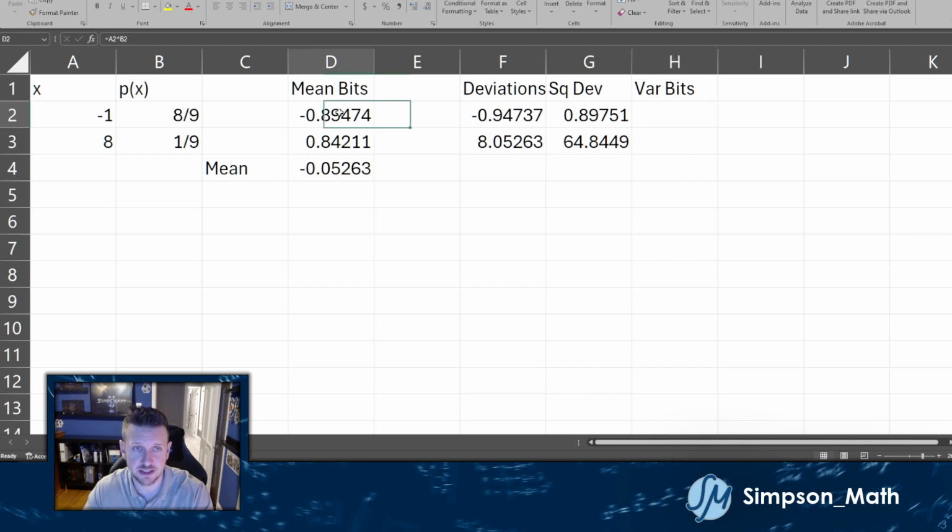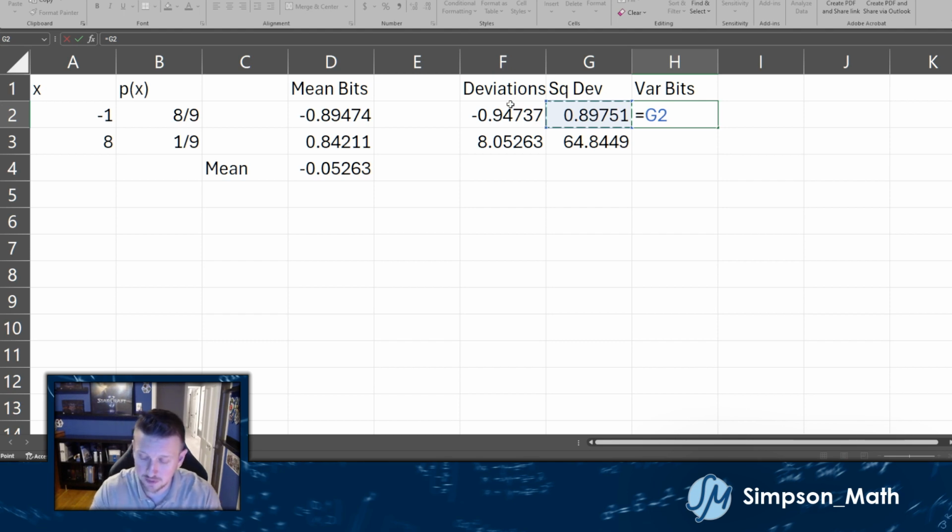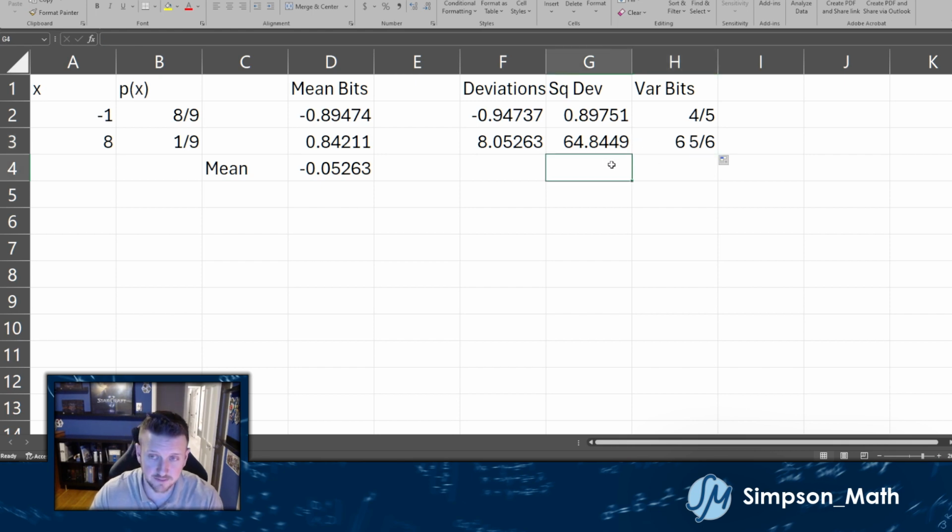So it's basically what we just did here. So equal to this component times the probability. I'm going to go ahead, times that, and now I'm going to fill down. Oh, it's giving it to me as a fraction, 6 and 5/6. Cool. So then my variance